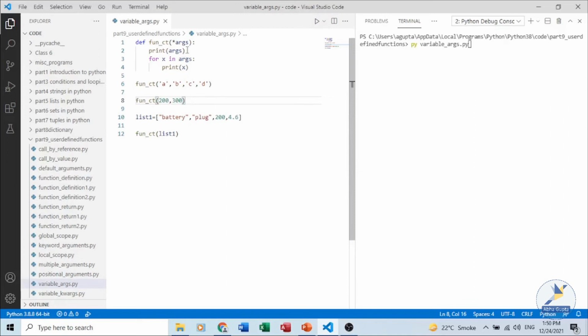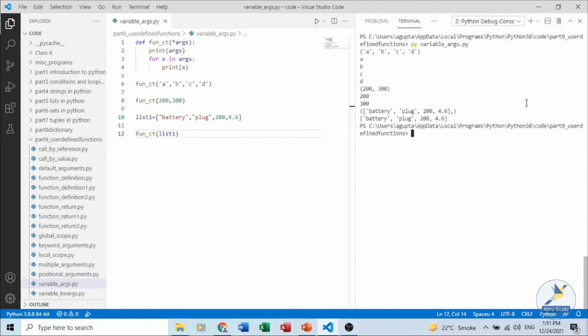Inside it we first print the values which are received, and then using a for loop we print those data separately. We are calling funcity using different values. First we provide the characters ABCD, then two numbers as arguments, then we define a list and pass the list to the function.